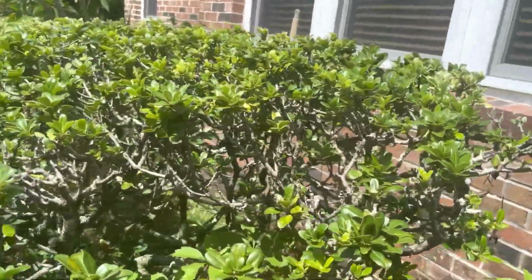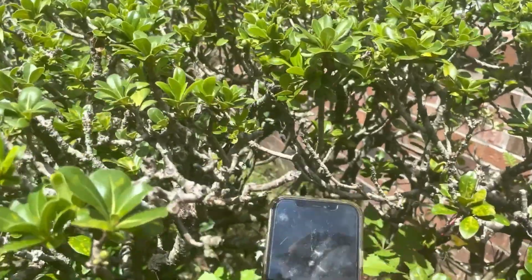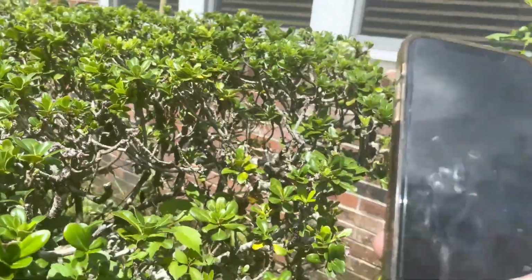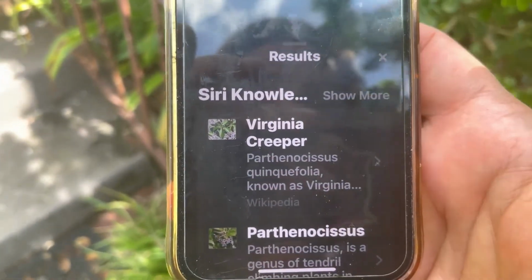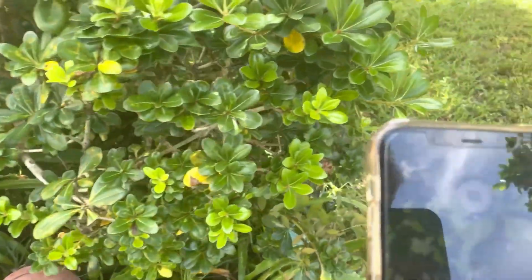I want to see if it can get some poison ivy or something going on, poison oak. Let's see what it says. Virginia creeper. So yeah, if you got weeds coming in your stuff and you want to know what they are, or want to know how to get rid of them,